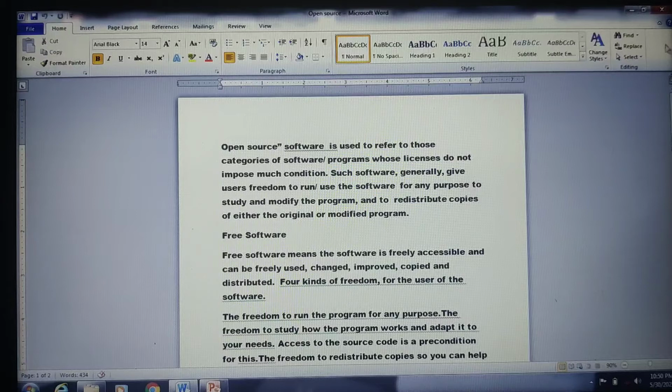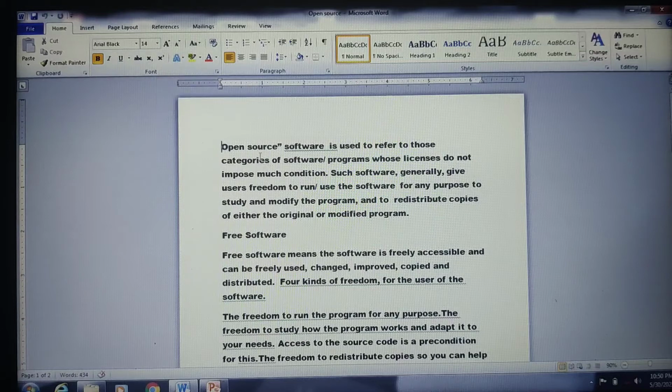Now here is our Word document on which I'm going to show you the formatting options. In the home tab, see, in earlier versions we had a separate format menu, like we have home, insert, page layout, references, mailings, review, view tabs like this. We had a format tab, and under this we had all these options. But since in the latest versions of MS Word, under the home tab itself we have the formatting options, all the different formatting options we are having.